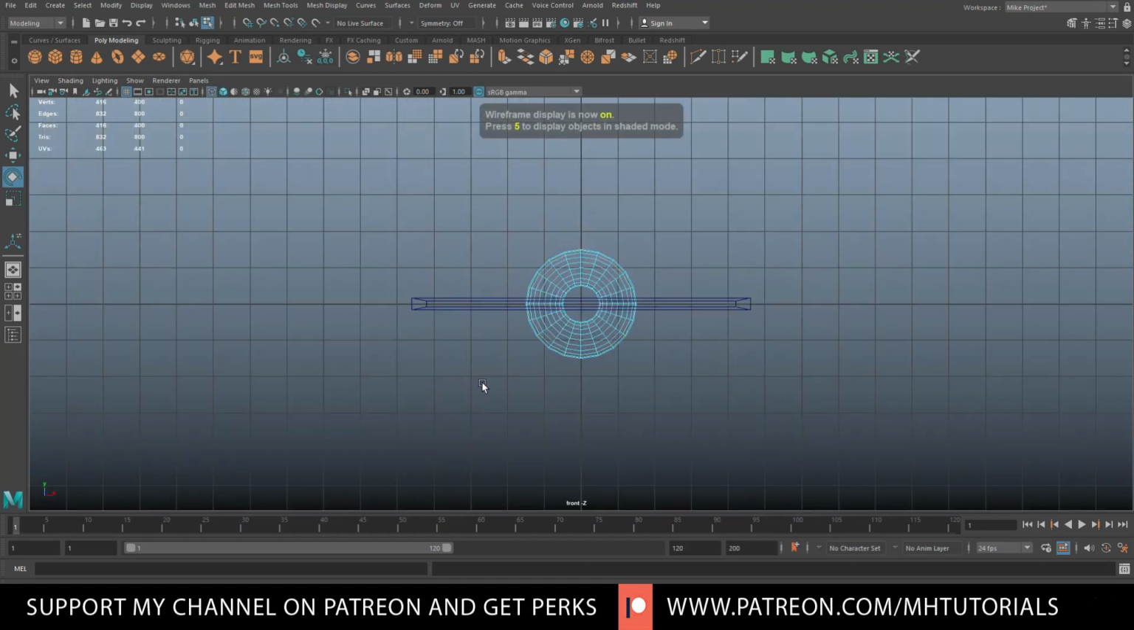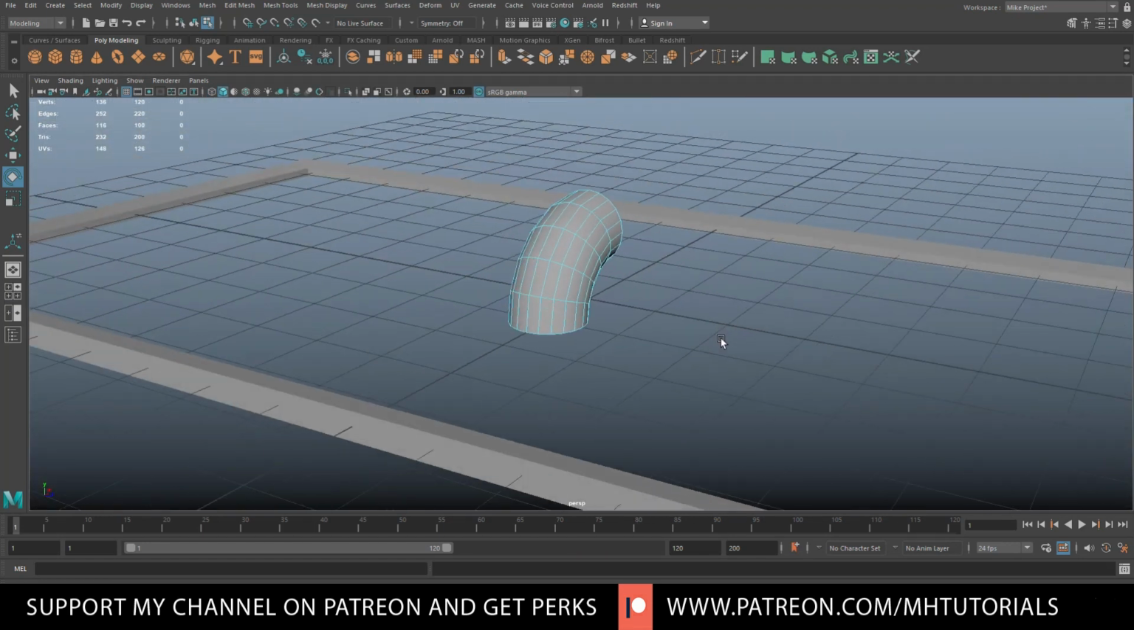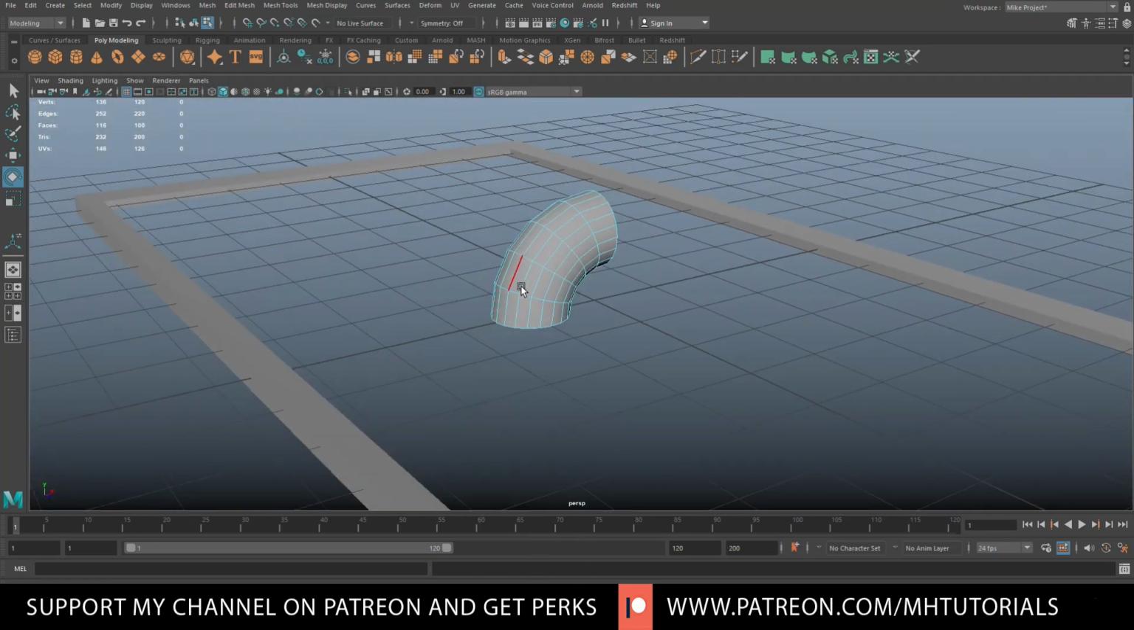Let me just hit 4 so I can see what's going on. There you go. Let's delete that and that. There you go. Then what we'll do is we'll delete this and delete that as well. Okay. And then what we're going to do is we're going to go in here, we're going to right click, go to edge, double click, control E to extrude, R to scale out,